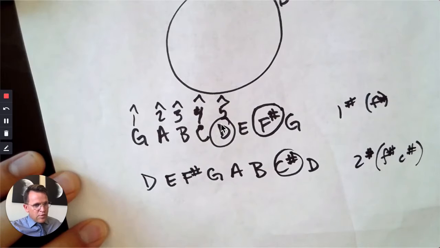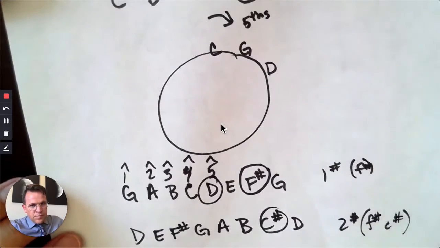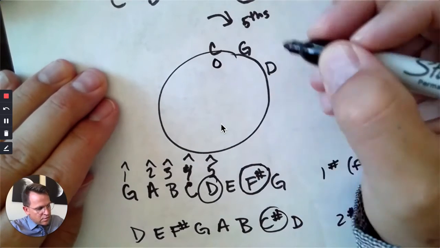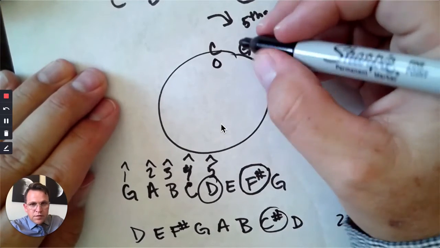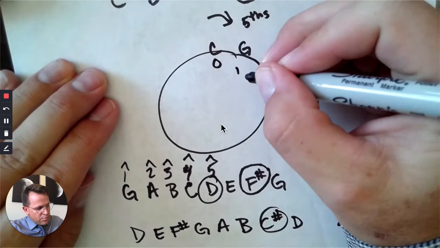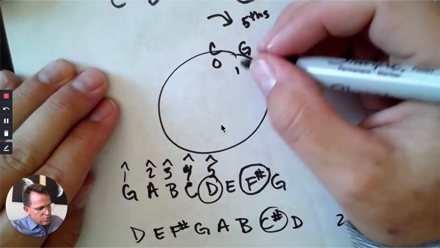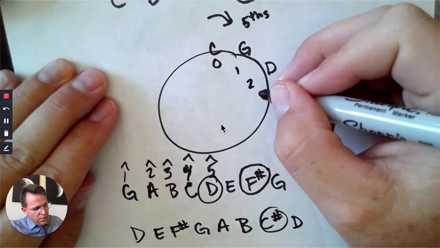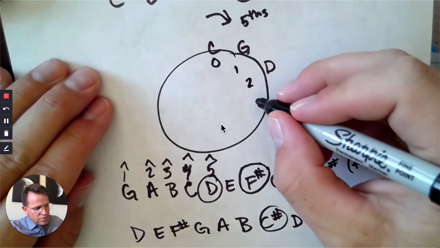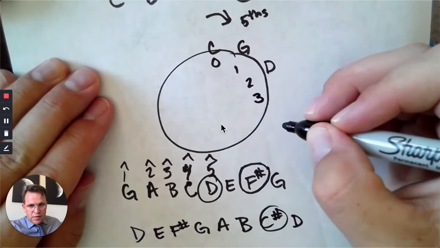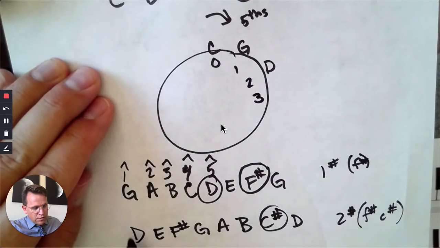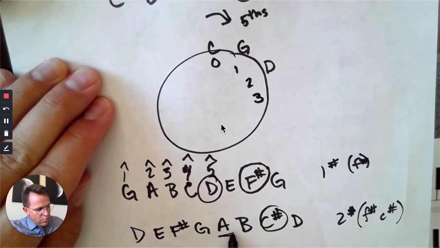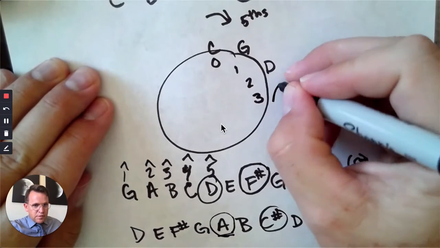So if I go up to my clock face, C major has 0 sharps or flats. G has 1 sharp, and that is F sharp. D major has 2, and you can see a pattern starting to emerge. If we follow that pattern, we'd assume that there'd be 3 sharps in our next key, which is 1, 2, 3, 4, 5. It should be A major, and we'll go ahead and test that theory and see what happens.